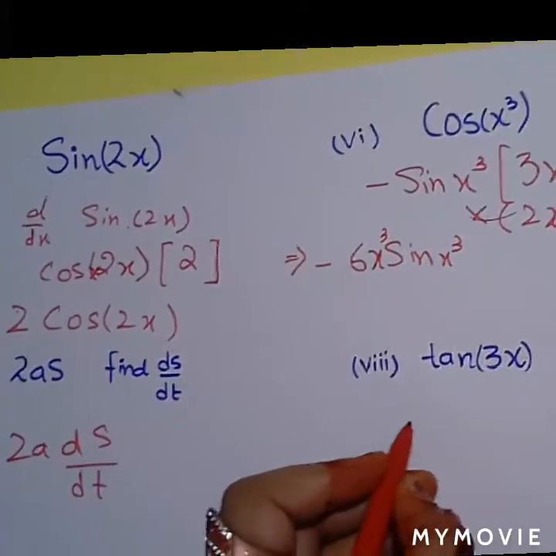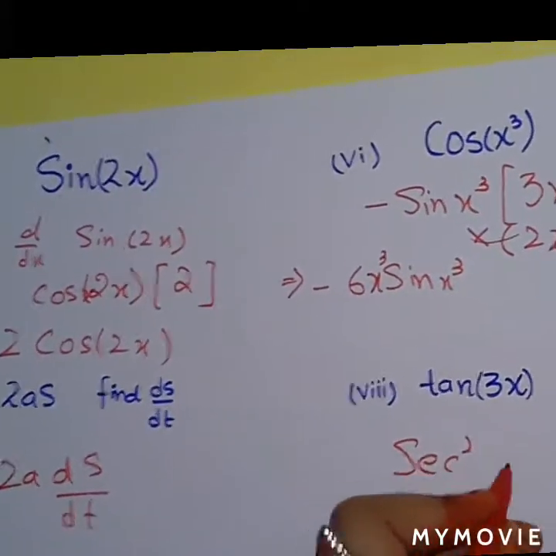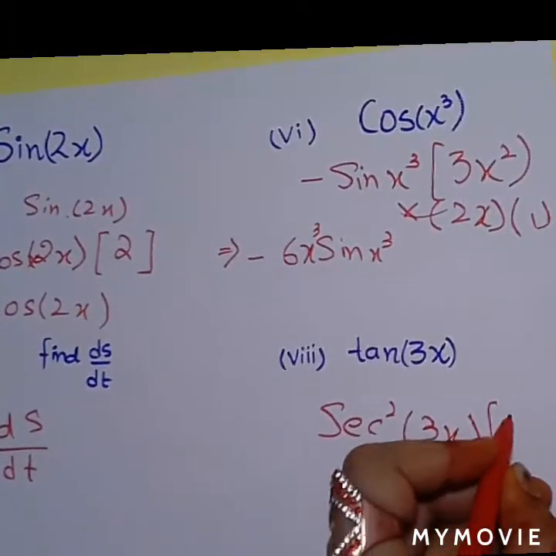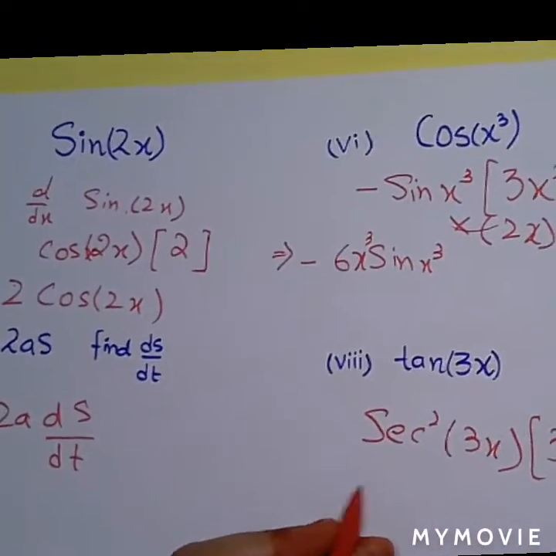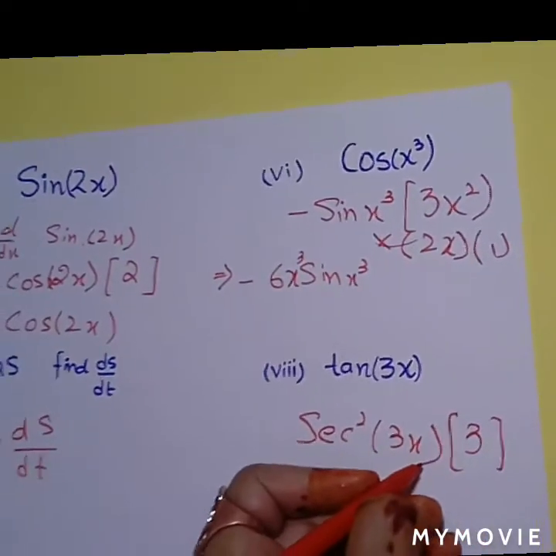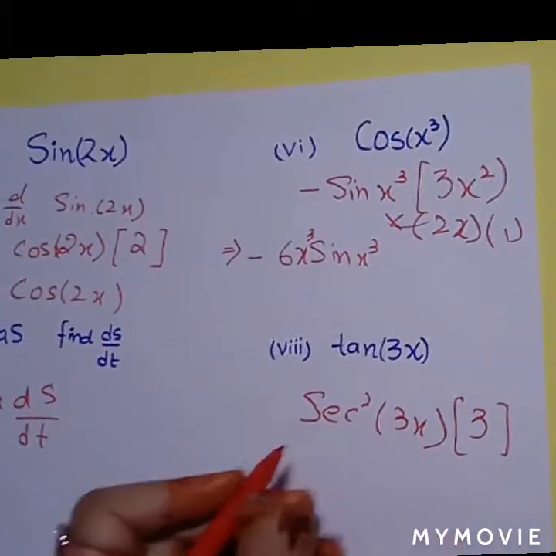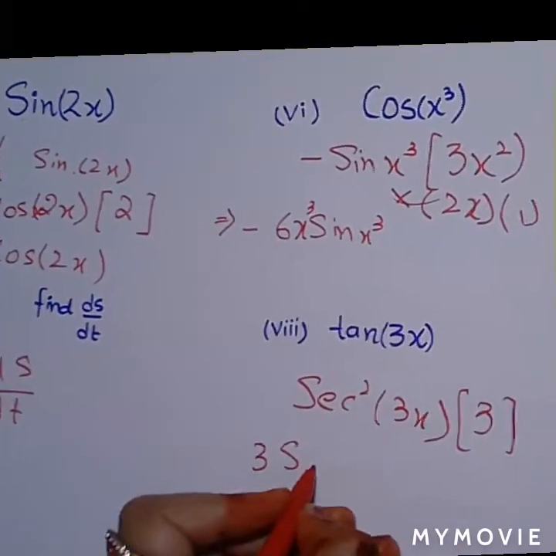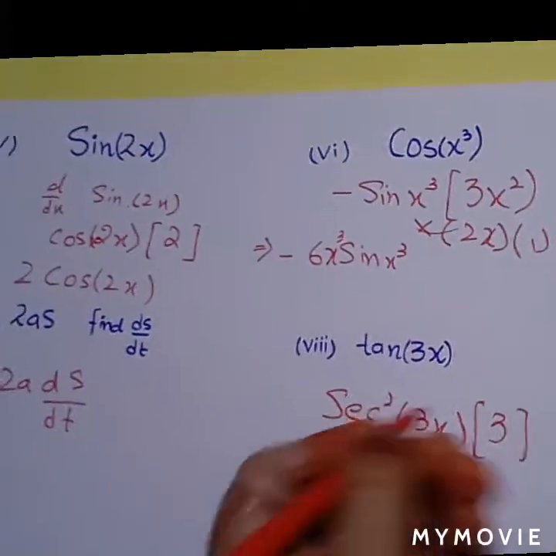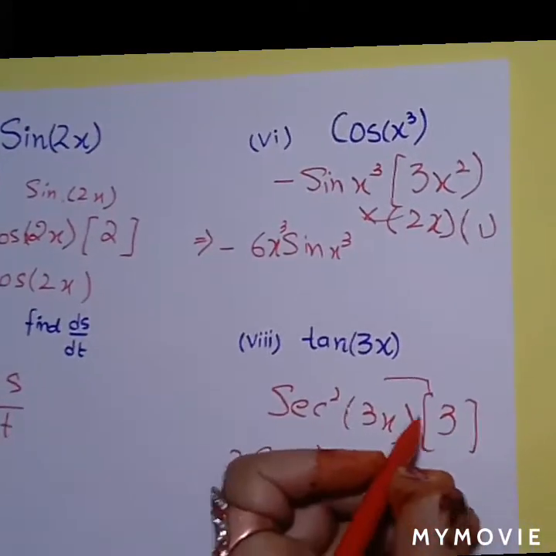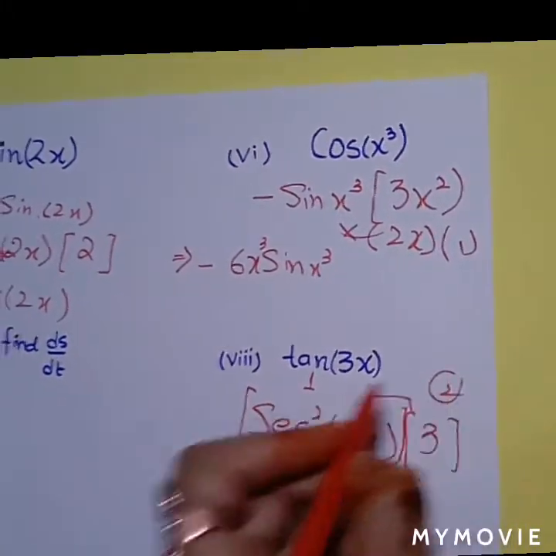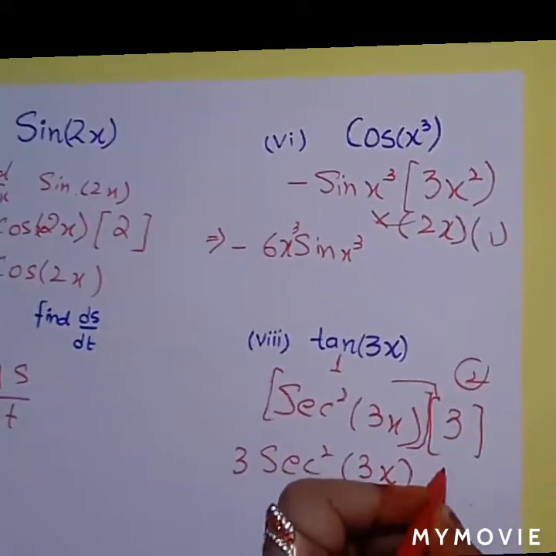The derivative of tan 3x is secant square of 3x. Here theta is 3x. The inner derivative is 3 because any constant behind the variable comes first, and the derivative of the variable x is always 1. 3 comes first because you can be confused when it comes after and multiply both. No, these are separate terms, this is the first term and this is the second one. Okay, this is our answer.